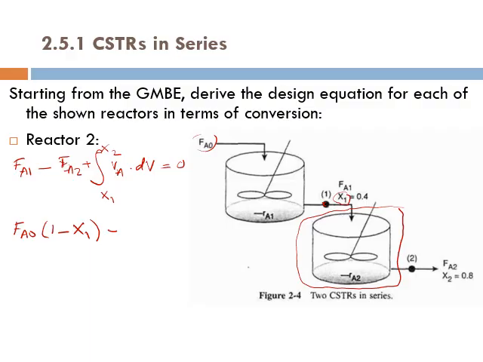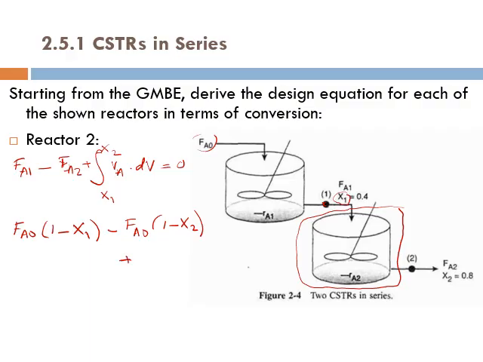Well, FA2 is evaluated also based on FA0, because all the conversions that we deal with are in reference to FA0. FA0 times whatever not converted up to point 2, that is 1 minus